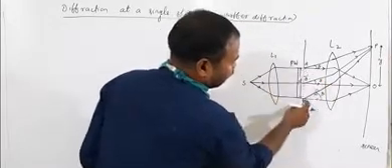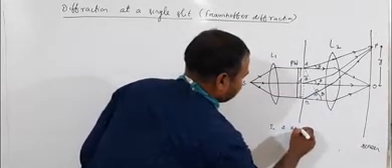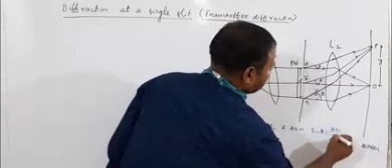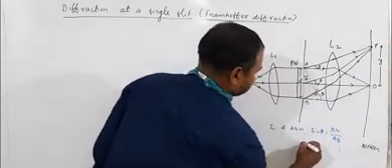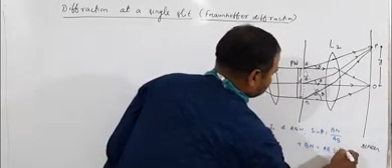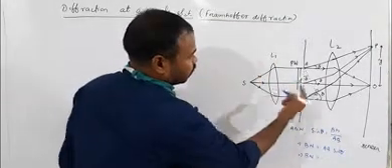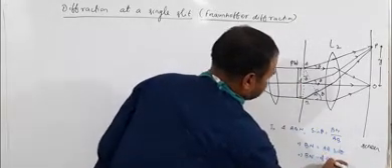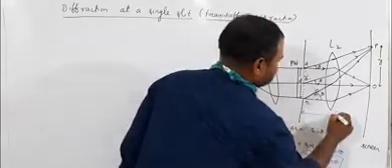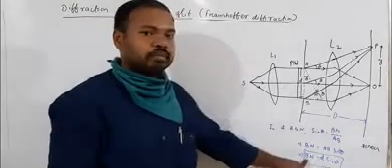So in triangle ABN, sin theta is equal to BN by AB, or BN is equal to AB sin theta. The path difference BN is equal to, with AB the slit width small d, d sin theta. Complete. The capital D is the distance between the slit and the screen. Now we will find out the condition for maxima and minima.